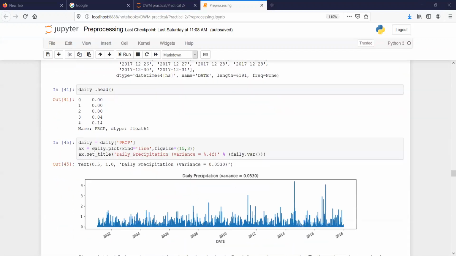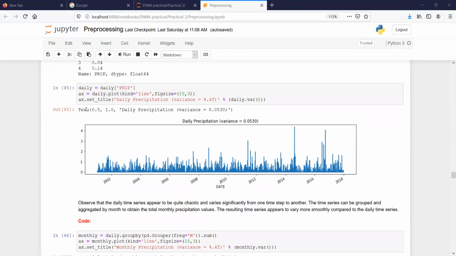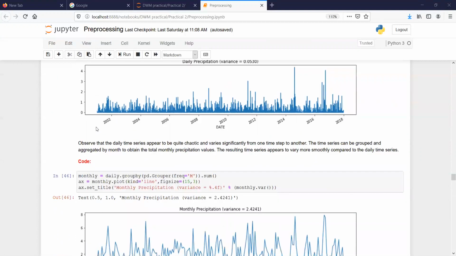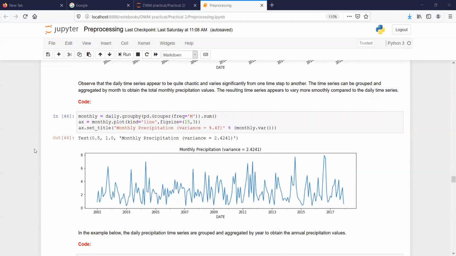Then you can check. First we plot the daily precipitation across all the days. From this graph, what is the problem? It's quite chaotic, because we can't find any information from it. But in the next step, using aggregation, we combine the data for a month and then plot.